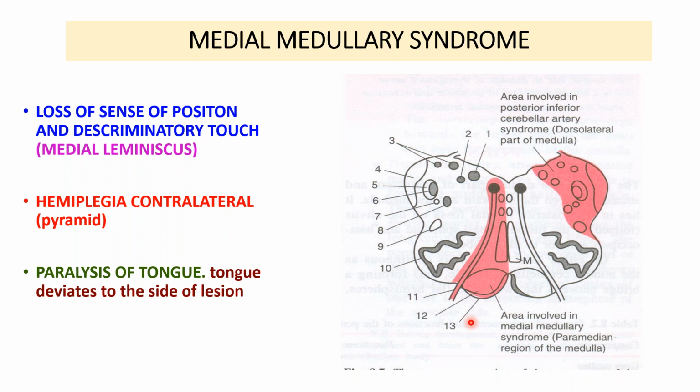So in today's lecture, we have completed the external features of the brain stem and the medulla with three important cut sections of the medulla: at the level of pyramidal decussation or motor decussation, at the level of sensory decussation, and at the level of the olive. And we did two important clinical aspects, that is the lateral medullary syndrome and medial medullary syndrome. So revise all these diagrams, these three cut sections of the medulla.